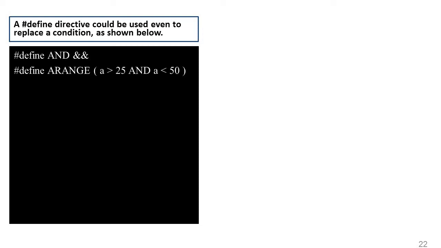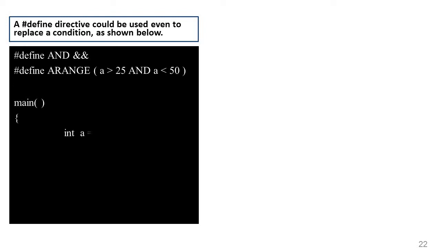After that we define another directive, RANGE. So hash define RANGE, and whatever condition you want to define it as. Over here this is the condition, and you can see both are preprocessor directives. After that, here comes the main function.